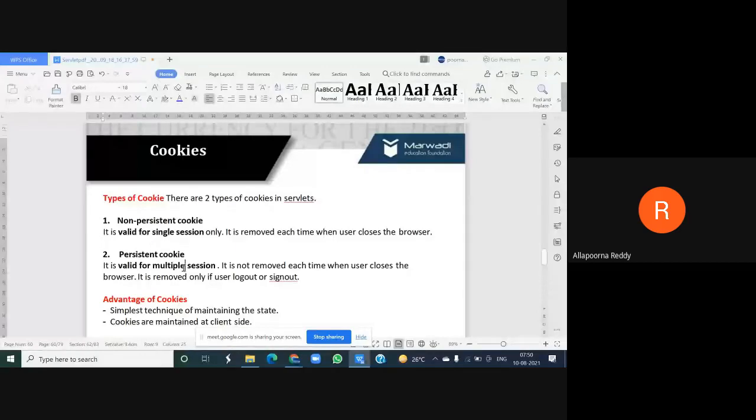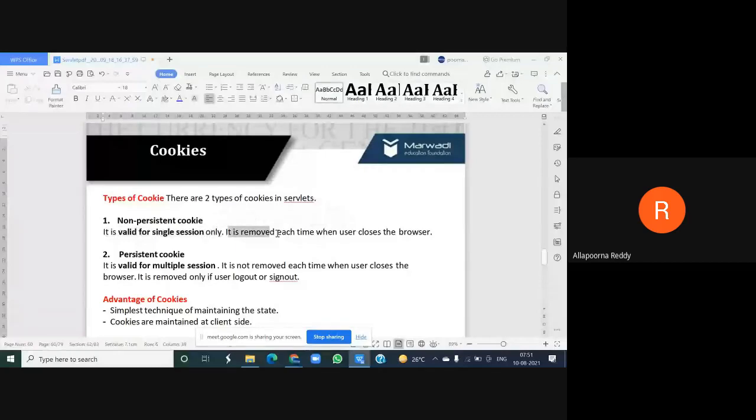But what are these two things, sir? For non-persistent, it is valid for only a single session. It means if you make a single request, then you get back your cookie, and it is valid only for that session. It's a single session, what I'm saying. And it is removed each time when a user closes the browser.